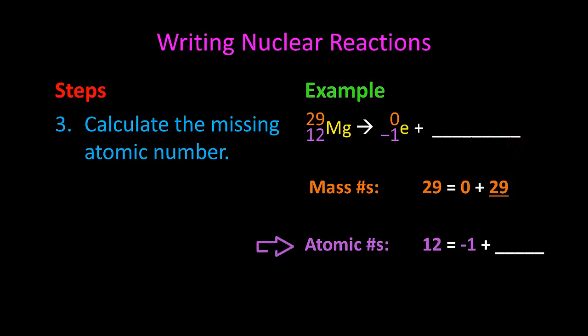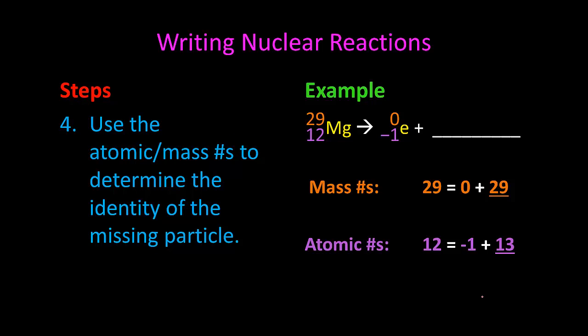After that, we calculate the missing atomic number. So the atomic number for magnesium is 12. The atomic number for this electron is a -1. So we have to ask ourselves, what number -1 equals 12? And you should say 13. So then we are going to look,